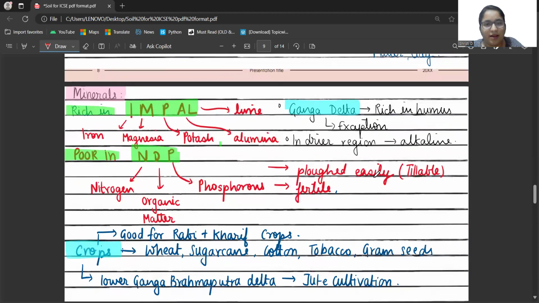Now again look over here. I've written what is alluvial soil rich in. Rich मतलब क्या, क्या उसके पास ज्यादा है। How do you remember this? IMPAL, IMPAL. What is I? Iron. M magnesia. P potash. A alumina. L lime. ओके, देखो मत, सिर्फ लिखो, राइट इट डाउन। मेक श्योर यू हैव अ पीस ऑफ पेज